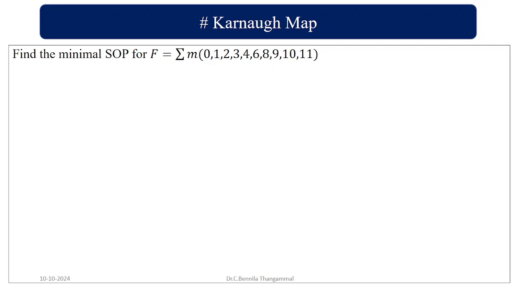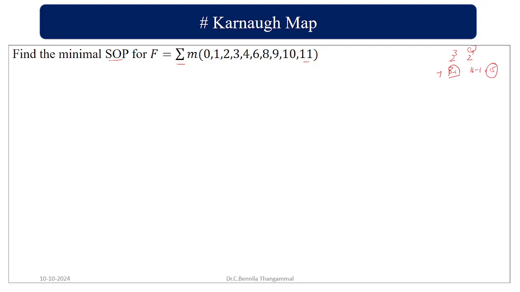Okay, so now we will solve a problem here. Find the minimal SOP, sum of product. If you want to find the sum of product, you can find it only from the min term. Summation means min term, that is small m. Here the maximum value is going to be 7. So you can have either 2 power 3 or 2 power 4. 2 power 3 is 8, and 8 minus 1, the value should be 7. Here it is 16 minus 1, the value is 15. Since the value is 11, which is more than 7, it is going to be 4 variables. So this is how I decided it's a 4 variable problem.